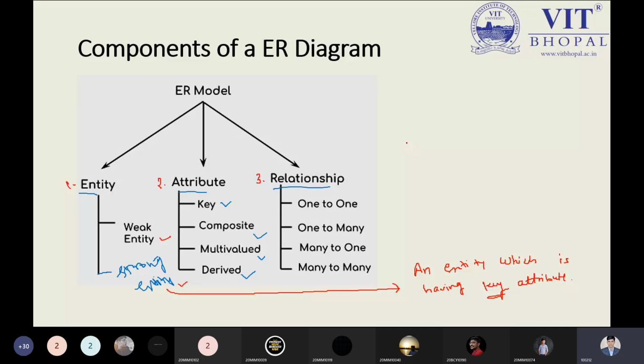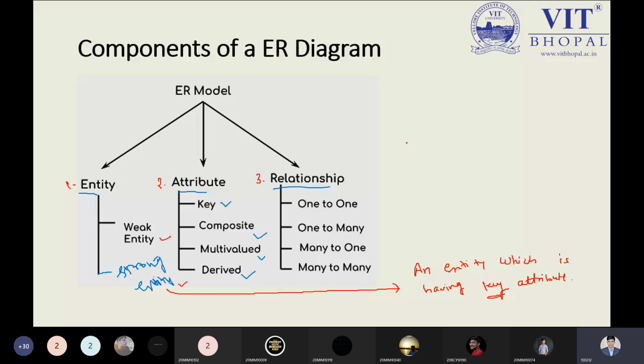Next, derived attribute, just like age. Age is a derived attribute which is derived from the date of birth. If I put in my date of birth, I will get my age. While filling in forms, you will see that when you choose your date of birth, your age is computed automatically inside the age text box. And this is really done by the derived attribute.